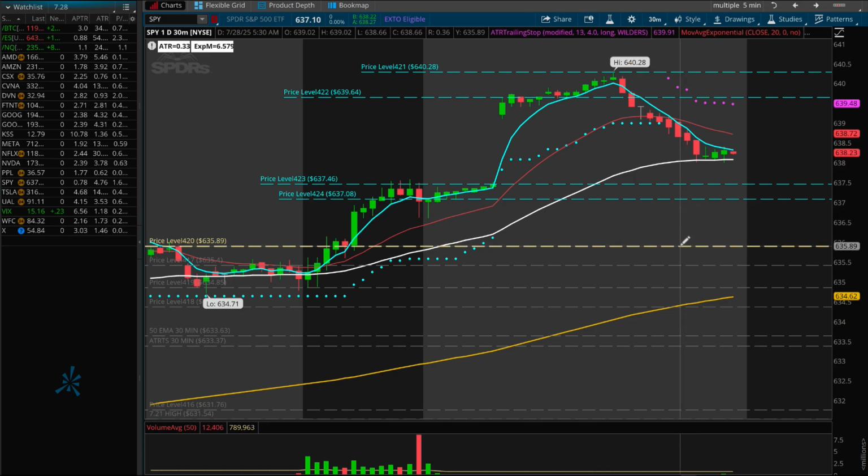636.71. Now, if we break that, we can come back to 635.89 and breaking that level 635.40, back down to this level 634.85, and should we break that, we have the next level marked at 634.36. However, that 200 EMA is right there at the 634.62. Breaking that, in my opinion, could be a few layers of support for the SPY. So under the 634.36, we could very well come back to 633.63, 633.37, and there's a big difference between that 633.37 down to the